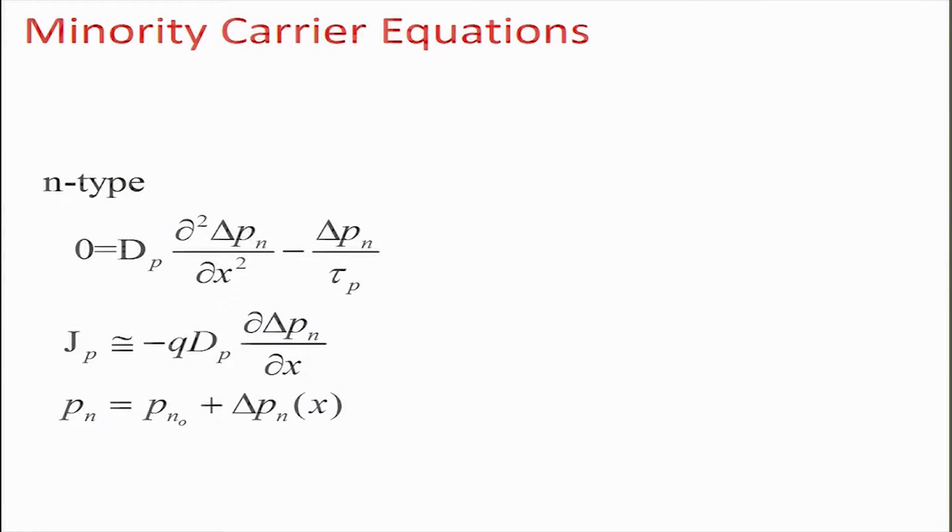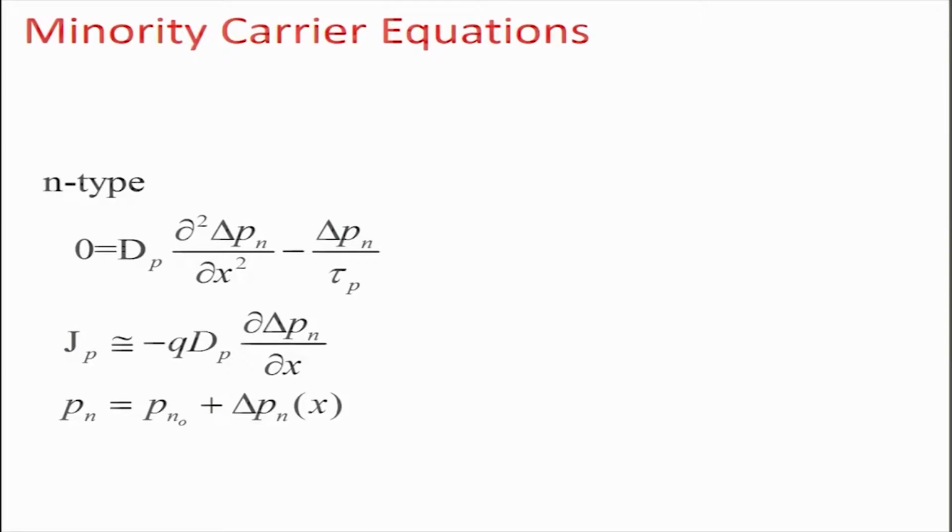So, minority carrier equations can be written as, if you remember, we talked about the continuity equations, right. So, del n by del t or del p by del t. Now, if we take a steady state condition, then for an n type semiconductor one can write the minority equation as, only, because you have electric field equal to 0, as a result you are not going to have drift current, you are not going to have generation, you are going to have some trap assisted recombination in the bulk region.